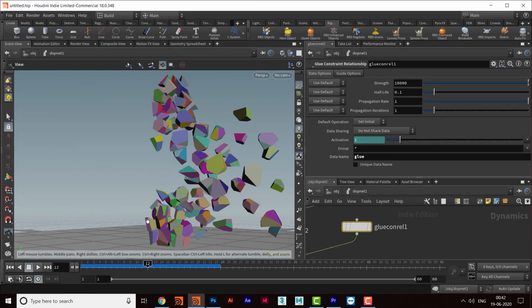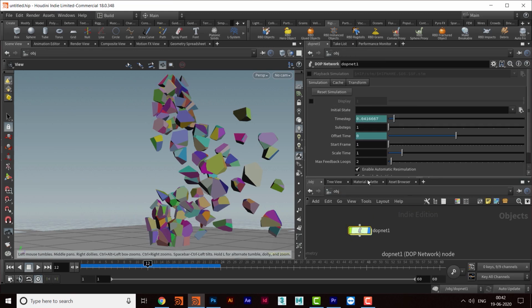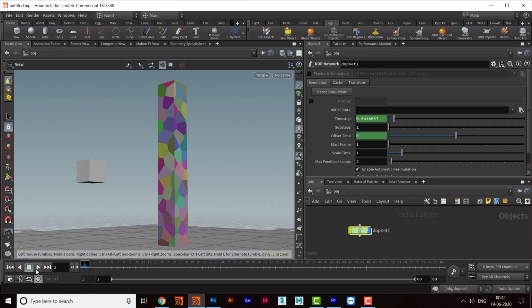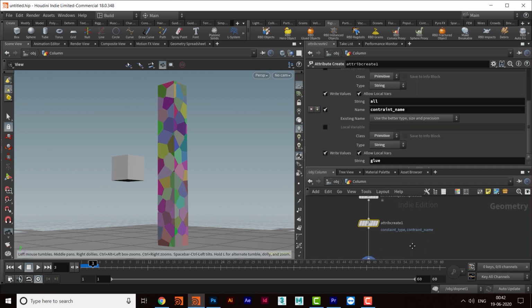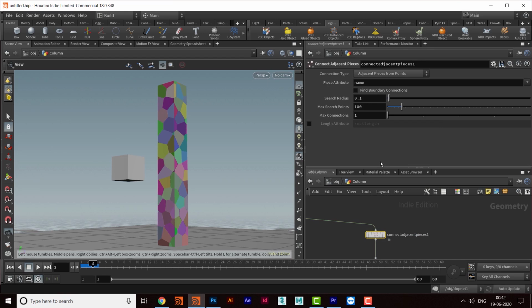I'll play it and see, the same kind of thing is happening. So I'll go back and maybe I can try a reset and see it again. This thing is not happening, something is wrong. So I will go back and see in the column and then go in the connected faces, and here, because a lower number of connections is there, I will come here and see the things.